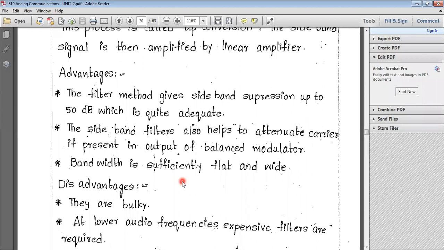What is the bandwidth? In the frequency response of amplifiers, we have a bandwidth. We calculate the bandwidth by using FH minus FL. Already in the EDC lab, you observed the bandwidth of a CE amplifier or CC amplifier like that. For that bandwidth, you observe the flat response. So that's why here also we get the bandwidth as a flat and wide response. So that is one of the advantages.